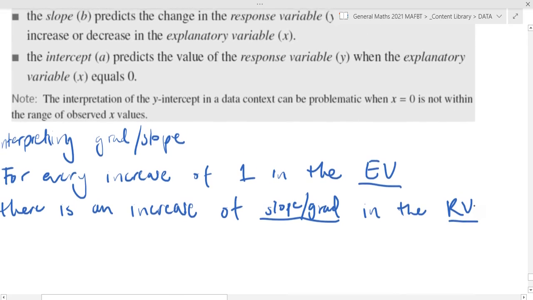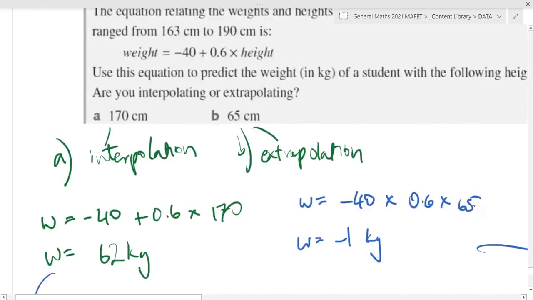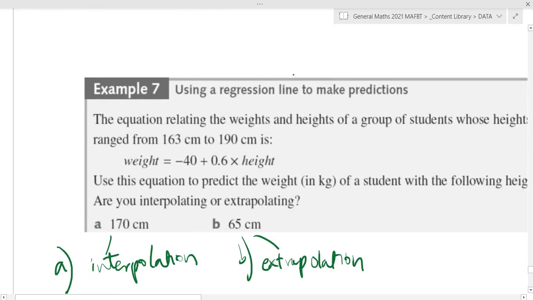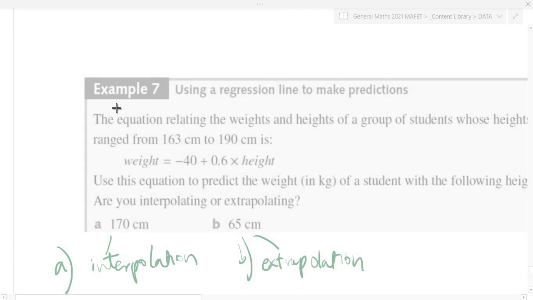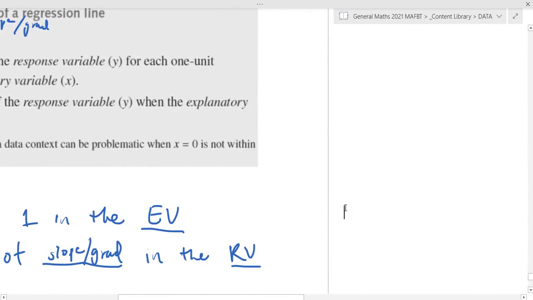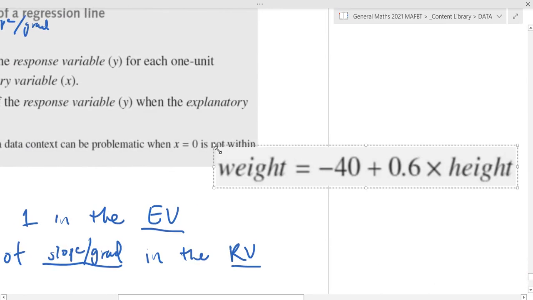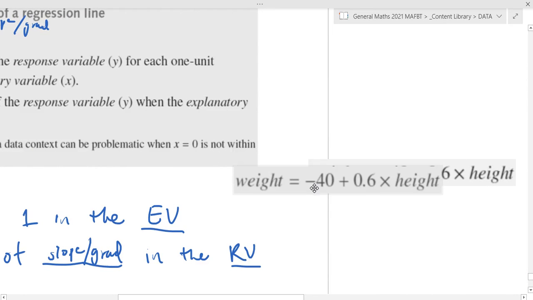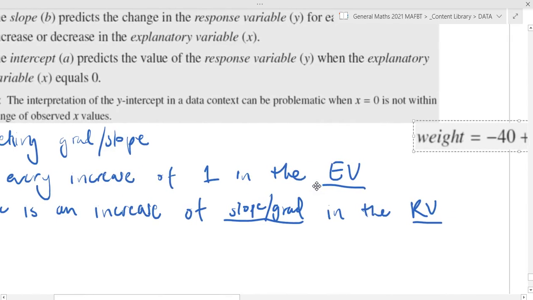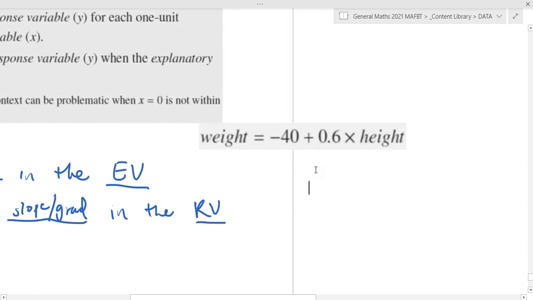Now let's put this into practice because you might be a bit confused as to what that means. Let's look at our formula back here. Weight. Yeah, I'll use this one as my example. So here's my formula, and we need to interpret what this is saying. Based on the sentence that I just wrote, I would write for every